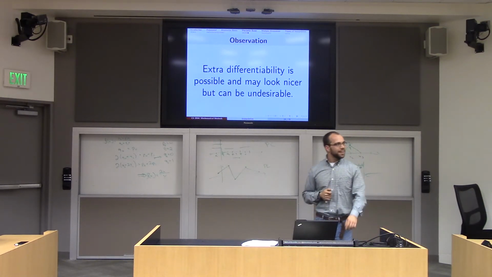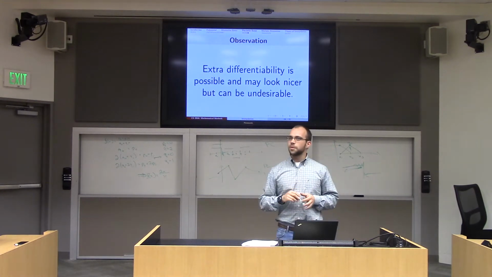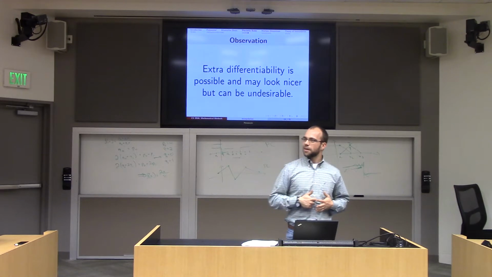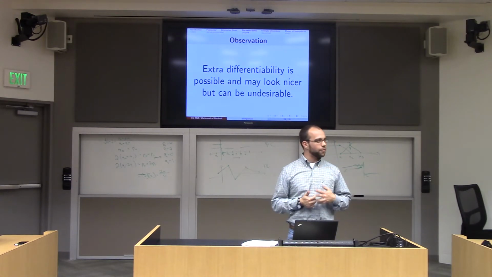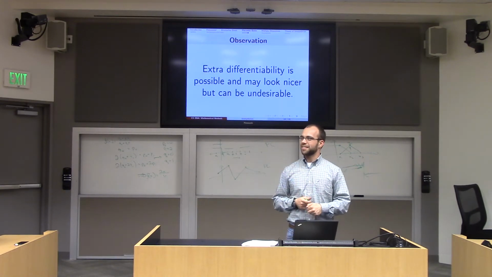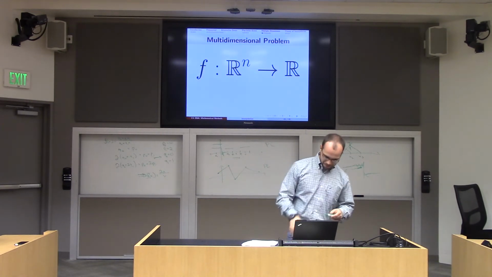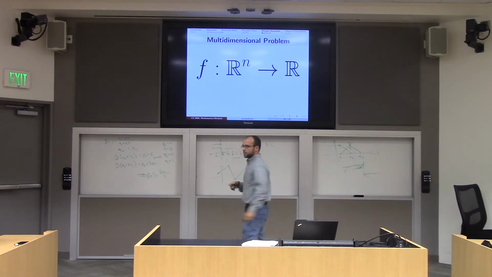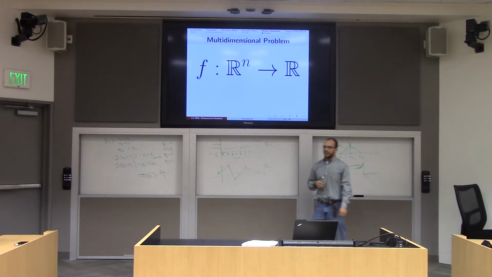So anyway, all this is to say that you should use exactly what you want and what you need and no more. If you can't think of a reason why you need your function to be 400 times differentiable, then don't use 400 times differentiable functions. Okay, all right, so we started today, as we are apt to do, by considering how to interpolate functions